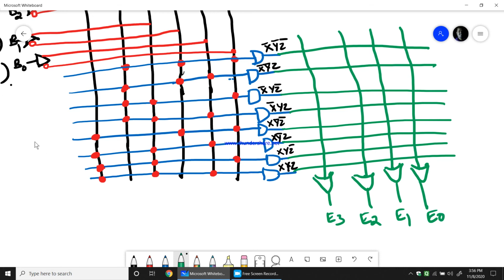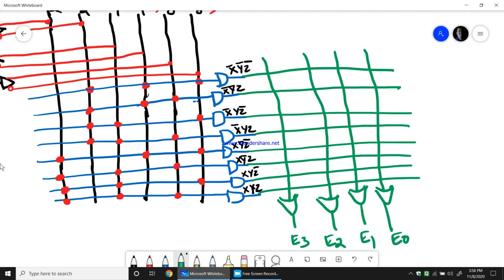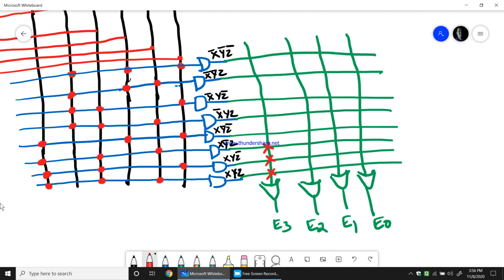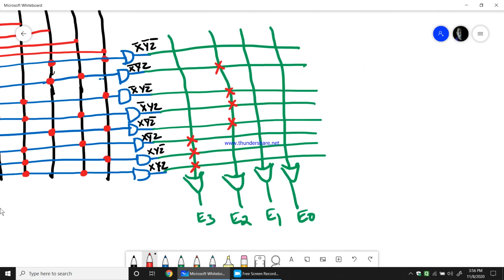Now what are E3, E2, E1, E0? First, summation m of 5, 6, 7 is E3. So I will put 5, 6, 7 for E3. Then E2 is 1, 2, 3, 4. Therefore I will go with 1, 2, 3, 4. Then E1 is summation m of 0, 3, 4, 7.